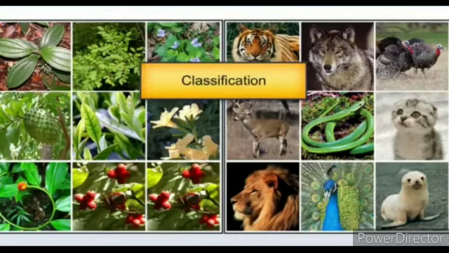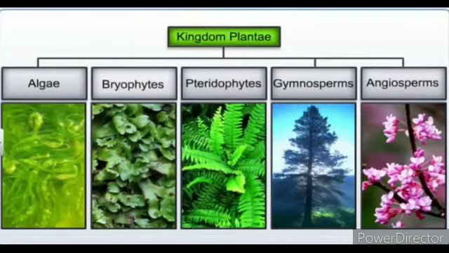So these all are the different types of taxonomy, meaning the classification systems they showed before. Now at the present time, plants are divided into the algae, bryophytes, pteridophytes, gymnosperms, and angiosperms. In this chapter, or in this